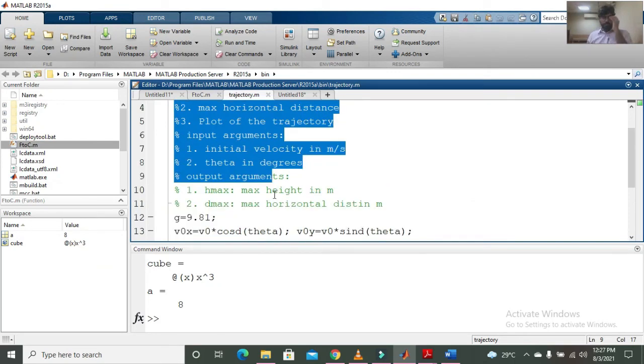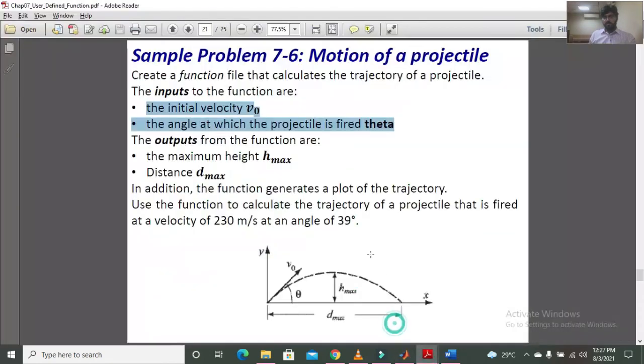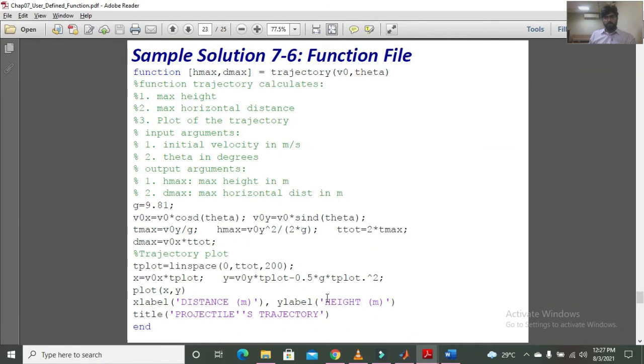I have attached this function file in the lecture, and you can see a number of things have been mentioned over here.